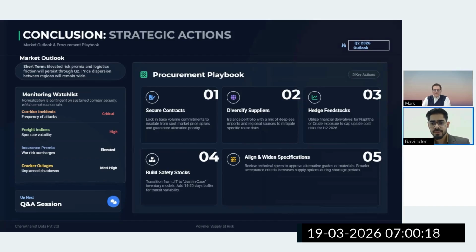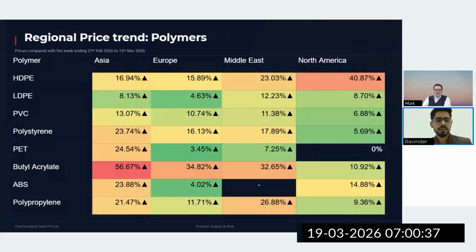Okay. Someone had asked how much percentage of PET prices are expected to increase in India? If I see the current case, I think that might increase up to 50%. You can expect a 50% increase in the PET prices in the coming month, or by the end of this month.